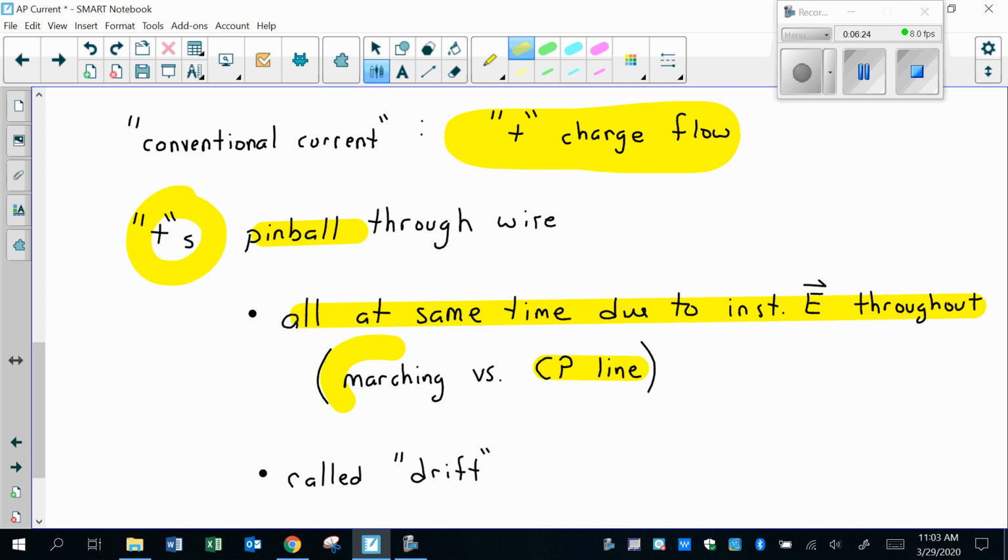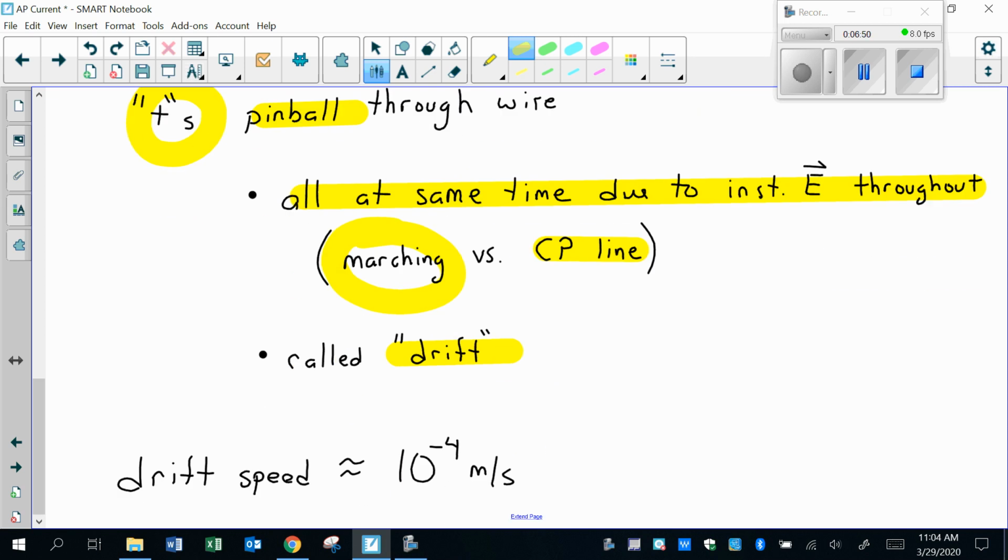Instead, it works like a marching band. Everybody steps forward at the exact same time, knowing that they're not going to step on the person in front of them because they know that person is stepping out of the way. That's how the charges work. So as soon as you flip the switch, every single charge in the system starts pinballing its way forward. We call this the drift speed or the drift velocity. And it might be surprising to know that the drift speed is actually rather slow, so 10 to the negative